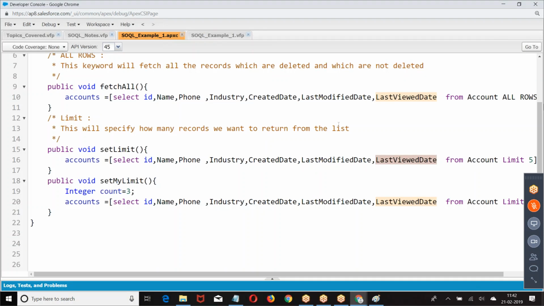So when I say limit, what is it giving you? It gives you a set of records from the result. Now from the result, which set do you want? I am not mentioning it. I am only giving you a query which is giving a list of records, and from that list I want a particular set of records. Limit will specify how many records you want from the result set. Next we have offset.